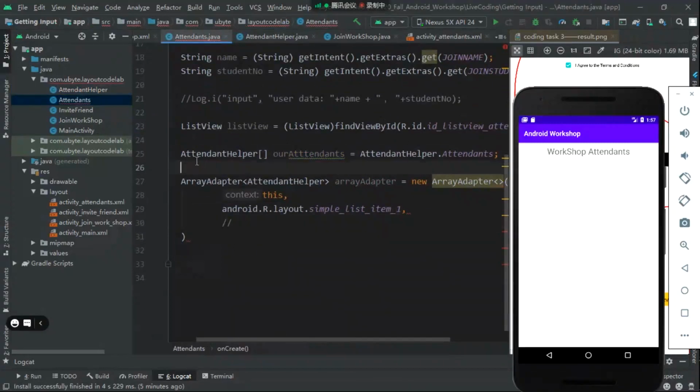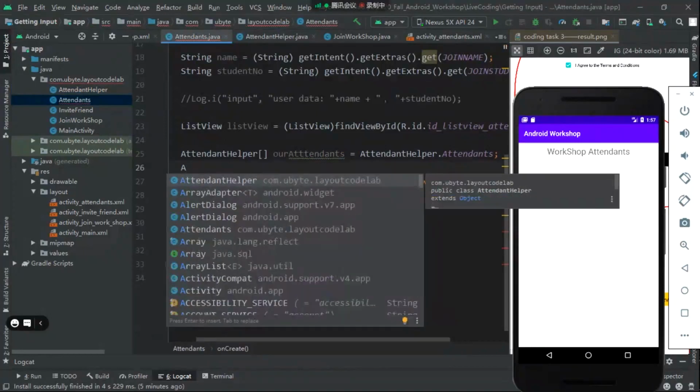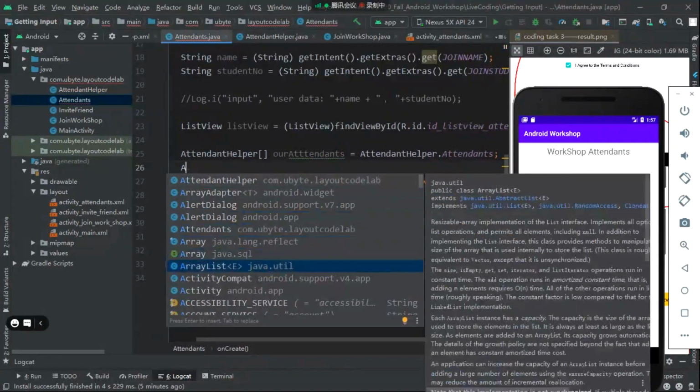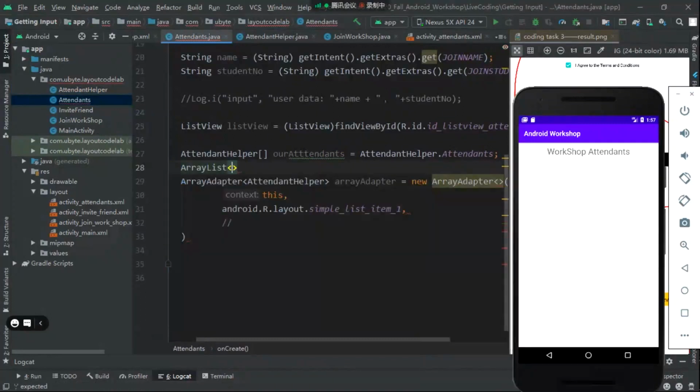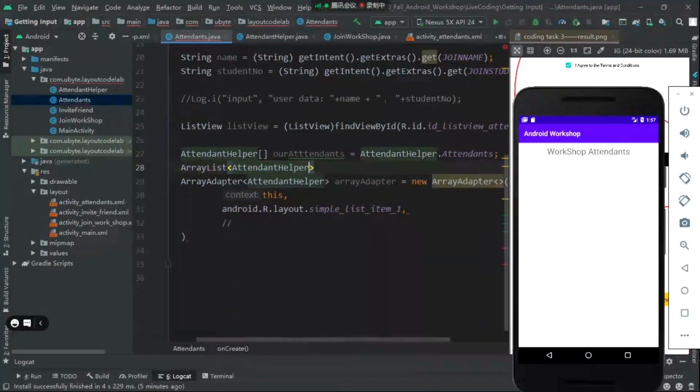we shall do is to instead create an array list, because it is very easy to add data to it. What we shall do is to say array list. Let us first create an array list over here real quick, and it's gonna be an array list of attendant helper, and give it another name of workshop joined attendance, new attendance,